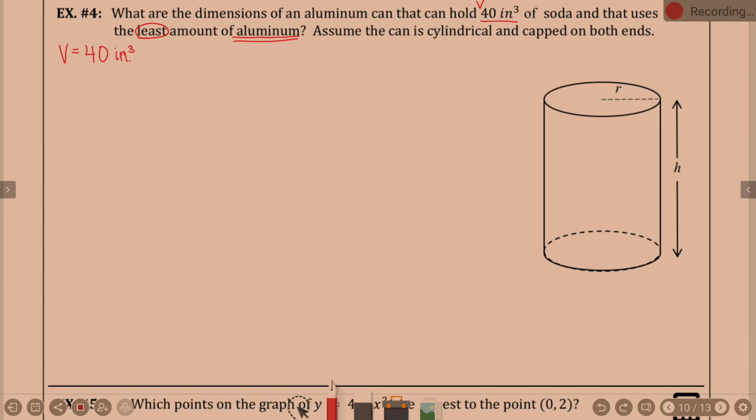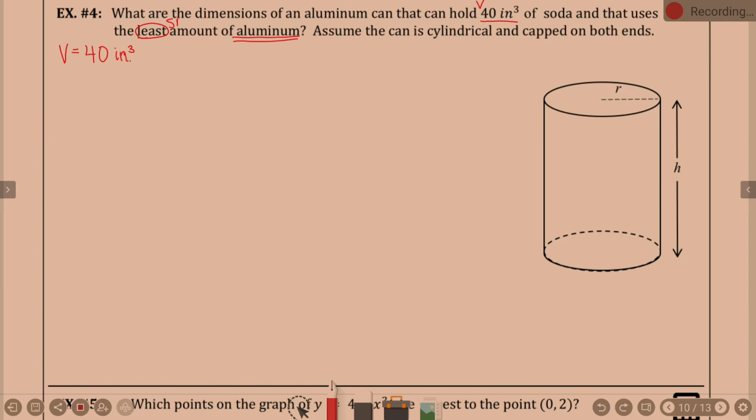Smallest. Volume is what the can holds, yes? We're not trying to minimize volume. We're trying to minimize surface area. Okay, so we're trying to minimize